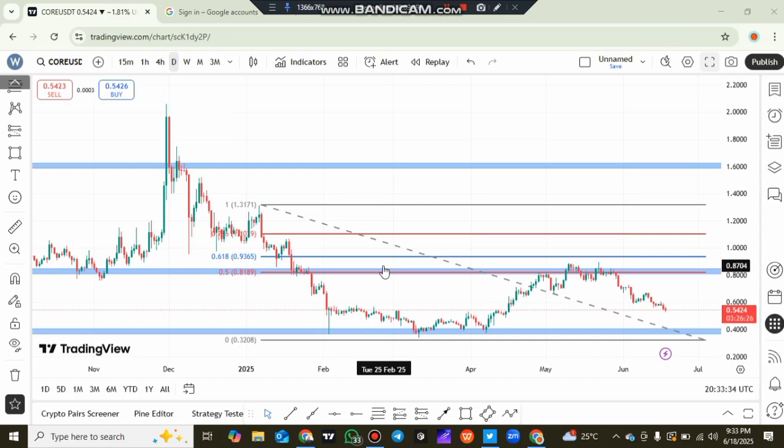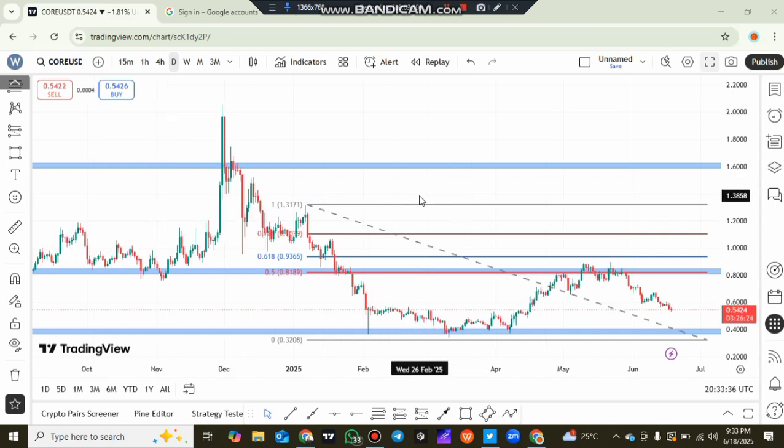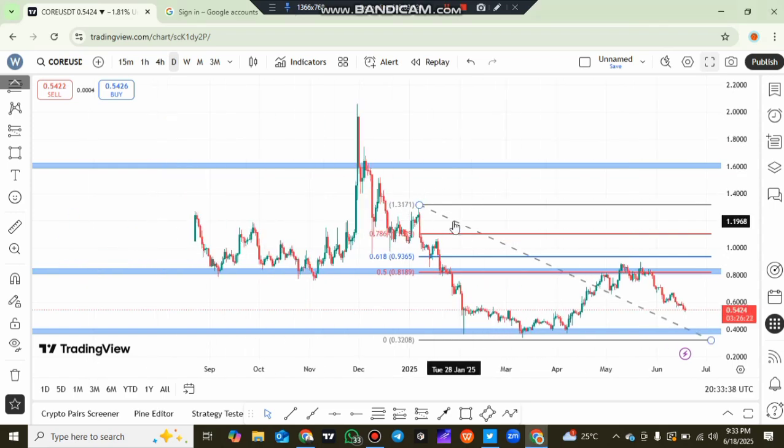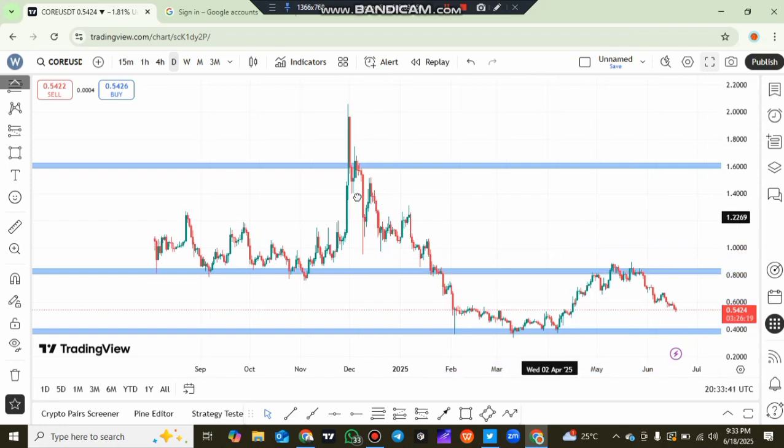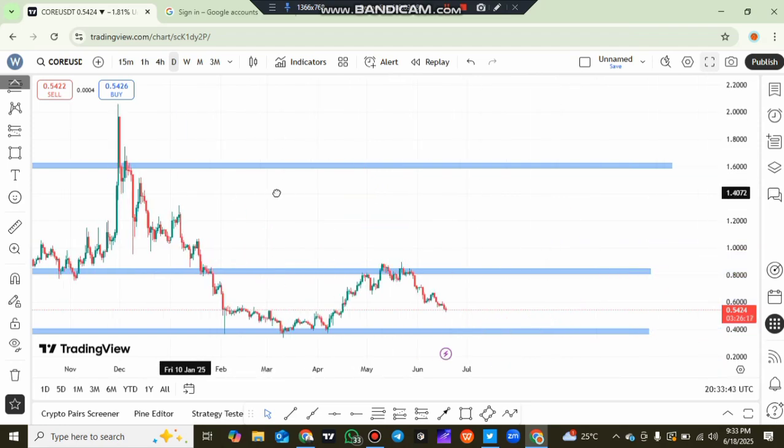So guys, this is exactly how you can use the tools in order to analyze the chart and know where and when to take a particular trade. So now that we know how we can use our TradingView, how we